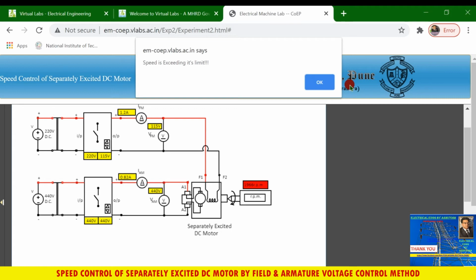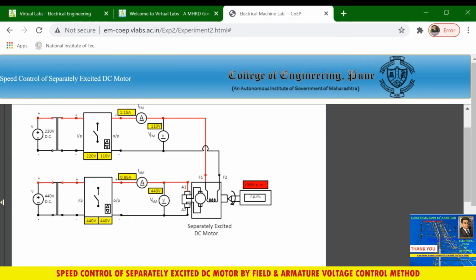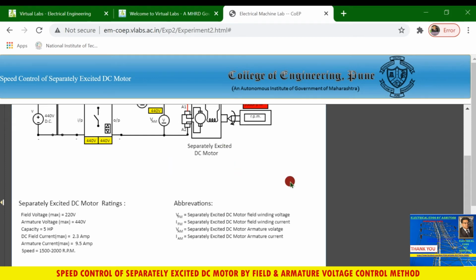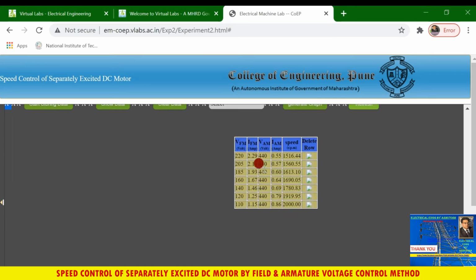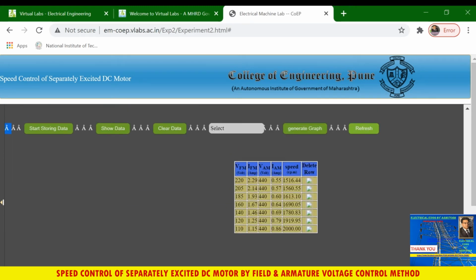The speed is exceeding its limit, so that was the optimum value. Last, 2000, because the rated value is from 1500 to 2000 rpm, so you cannot change beyond this speed. So again storing data, show data. So these are the different rows of the observation table we have got.